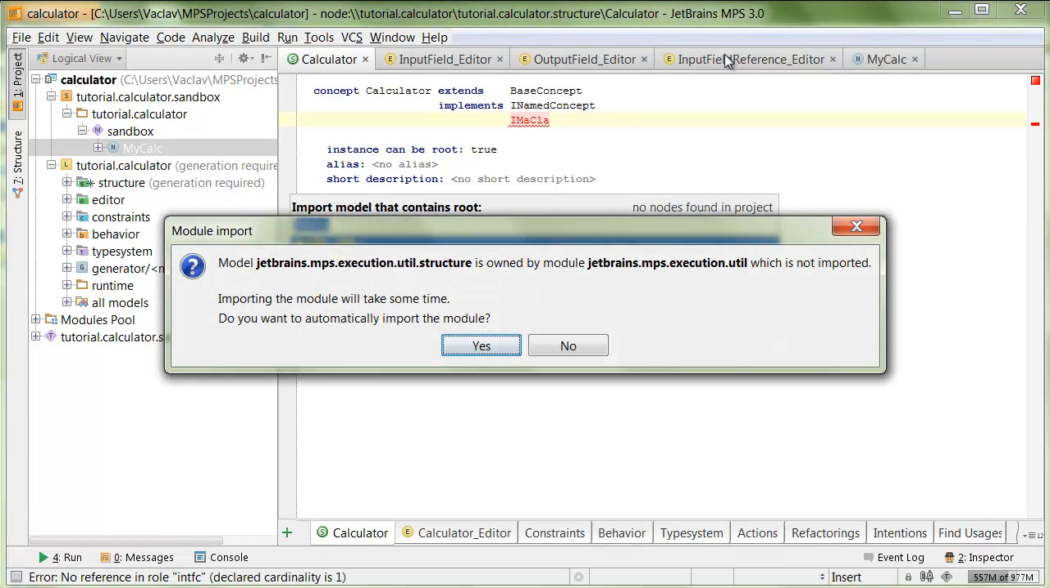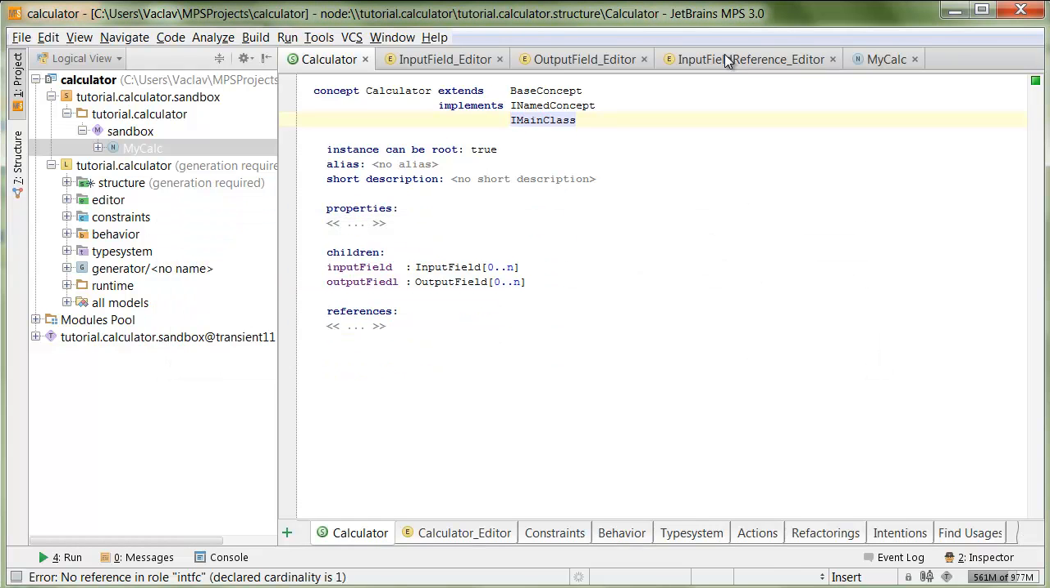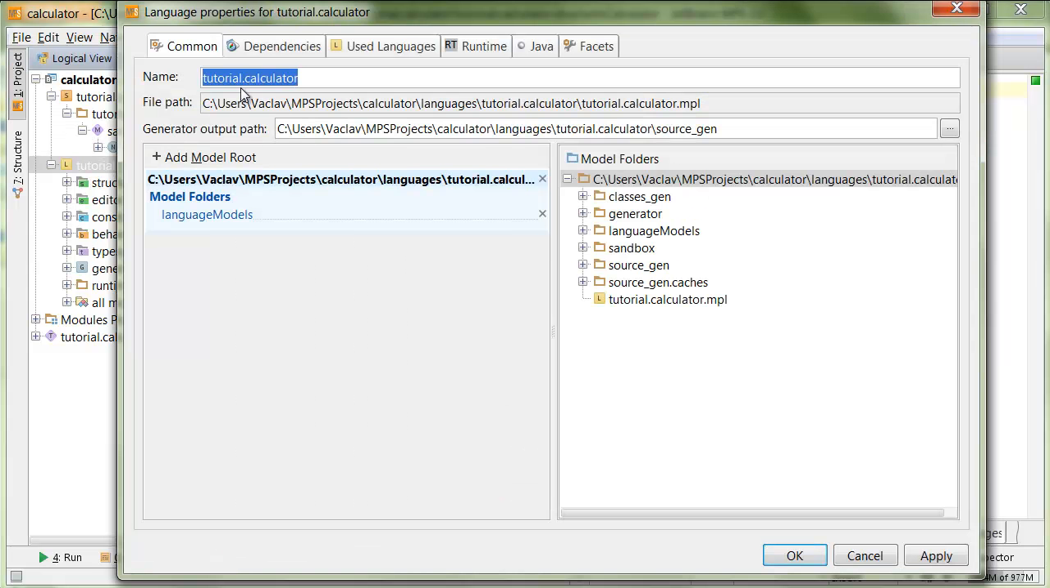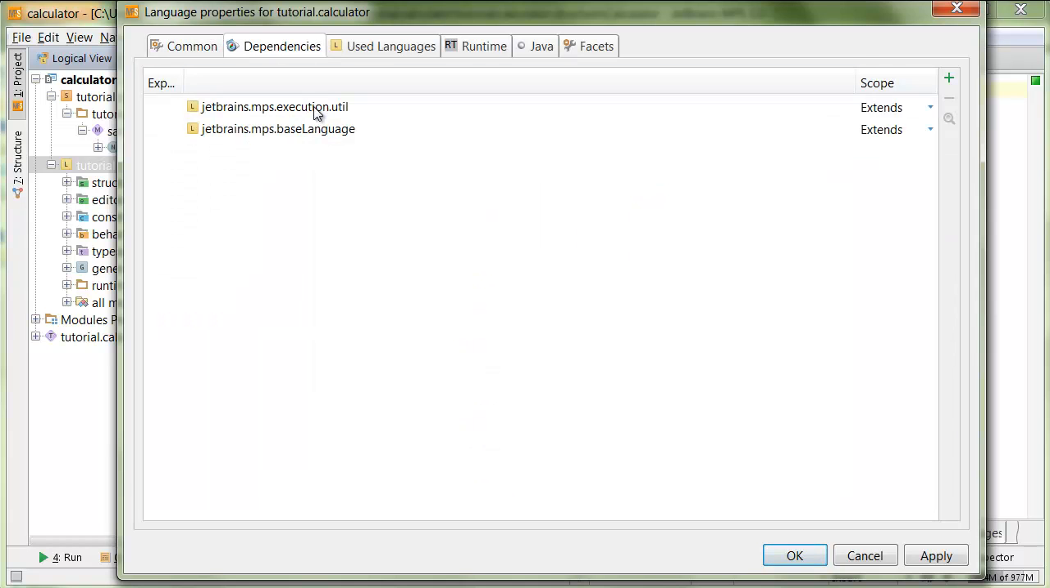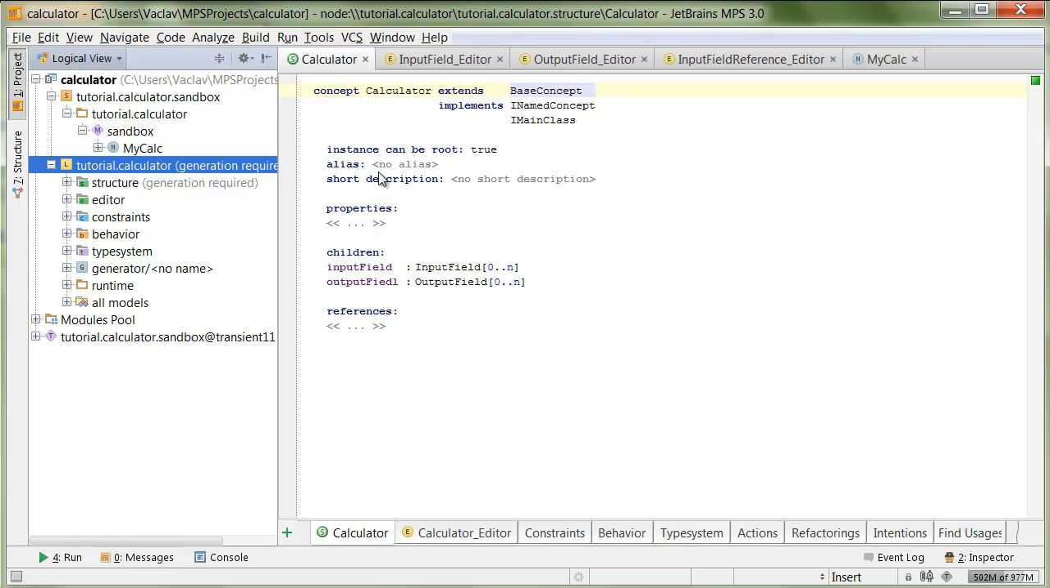So we effectively need to depend on JetBrains MPS execution util. So now we have it, but we need to extend it. It's not being extended now, so we need to extend it. With a quick fix, we make it so. So we can double check. In dependencies, we see execution util extends. Perfect. So we extend it. So now after rebuild,